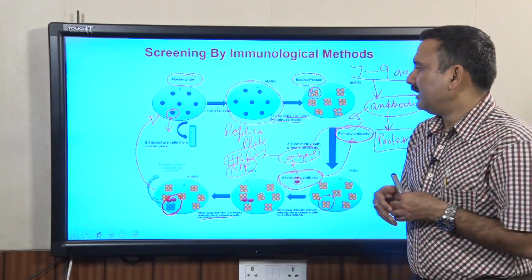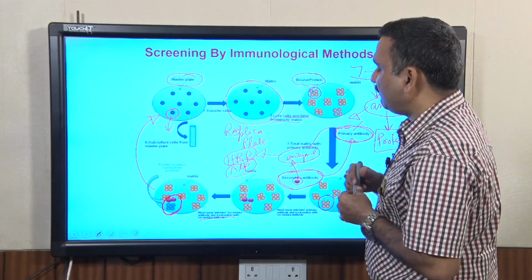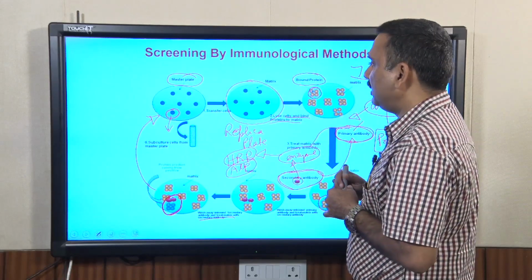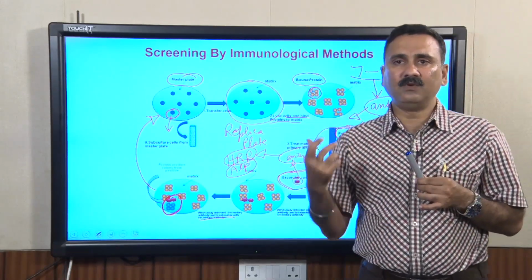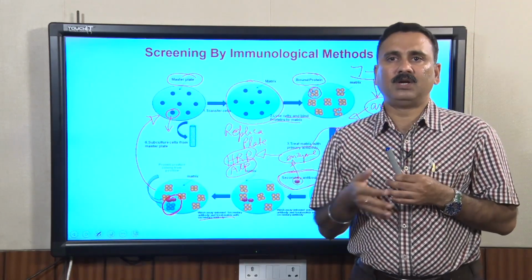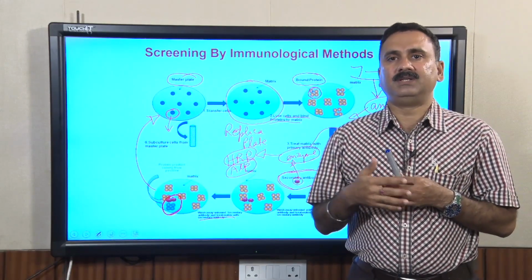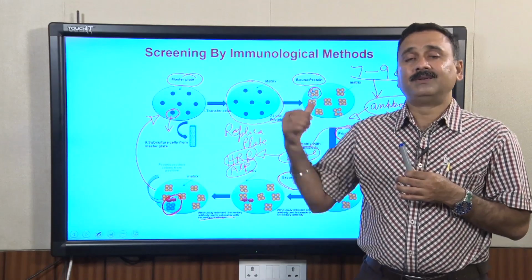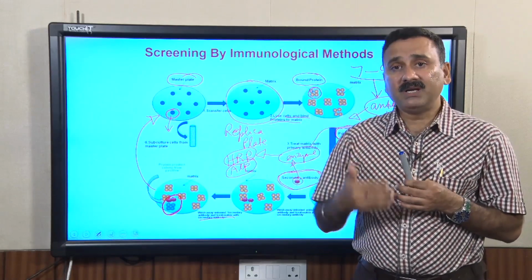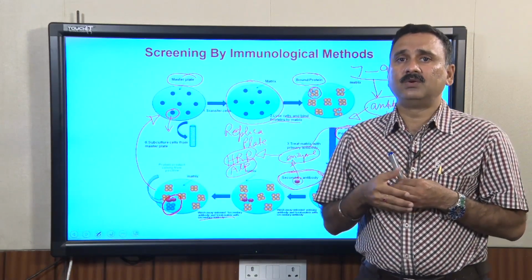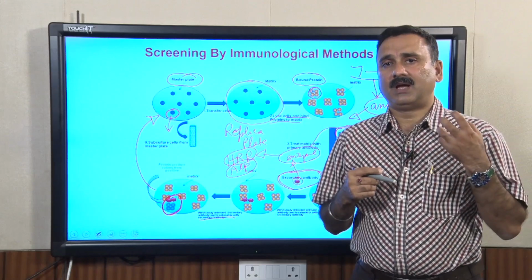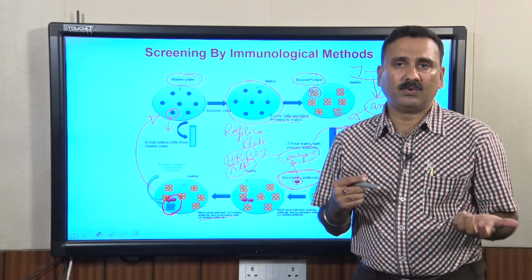Now, once you have got these clones, either by the immunological method or the DNA hybridization method, you have to use these clones for downstream applications. You can do further analytical tools to know whether the gene we are looking for is right or not. That is why, whether you use the DNA hybridization method or the immunological method, you have to repeat this procedure on multiple occasions, so that you will be sure and confident that the clone you are purifying is actually the specific and reliable clone.